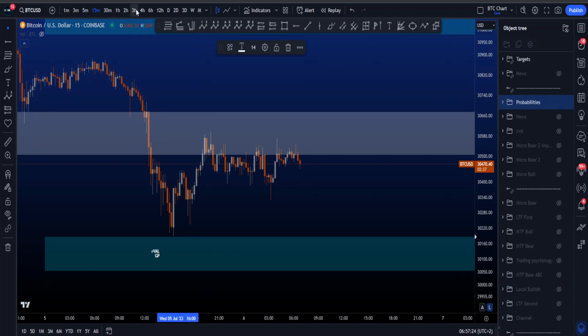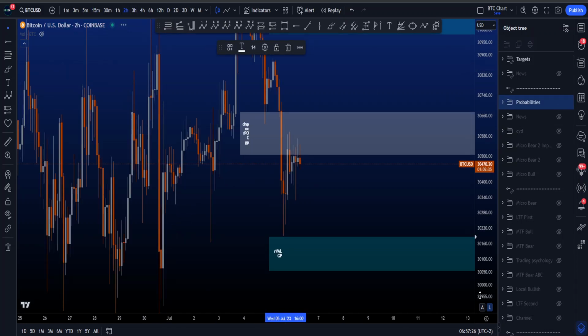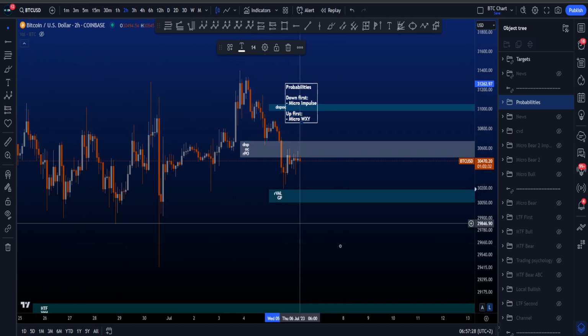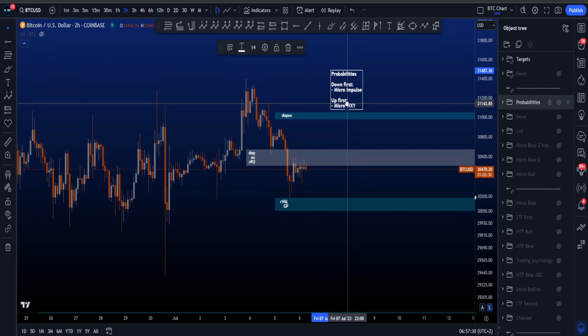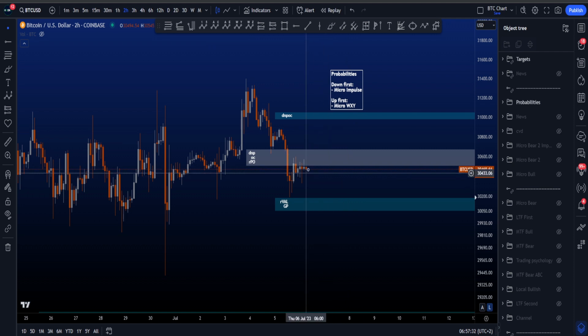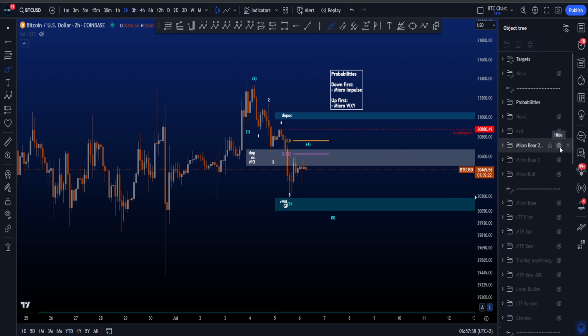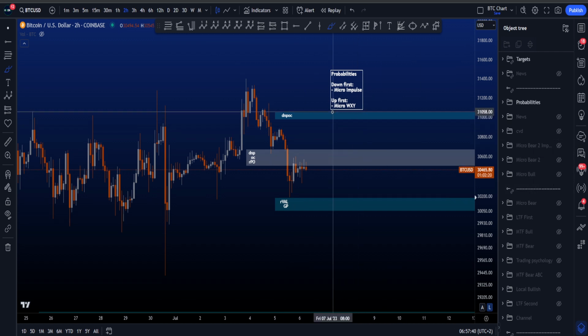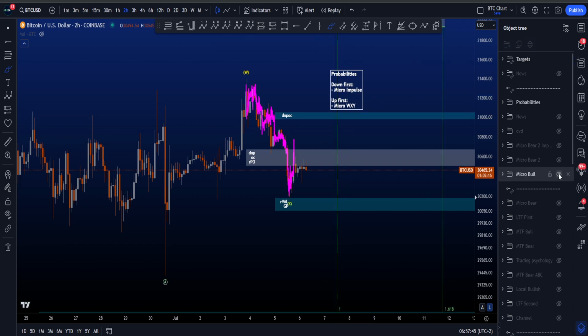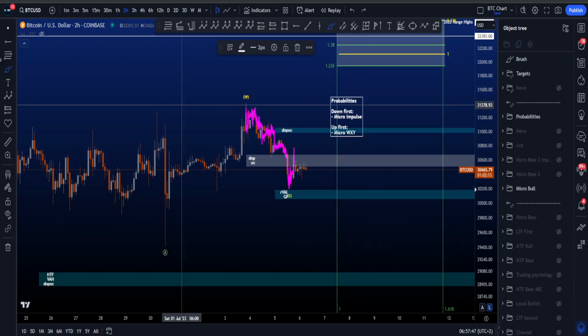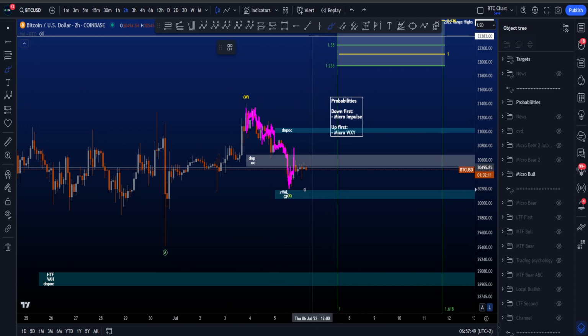And then finally, if we go to the probabilities section and I zoom out, it's actually the following, quite neutral, but if price is going to move to the downside first and takes this local low over here, I would be looking at potentially that impulsive move to the downside. And if price is going to move to the upside first, I prefer to be looking at the WXY scenario to the upside. So wait and see what price is going to do more locally,